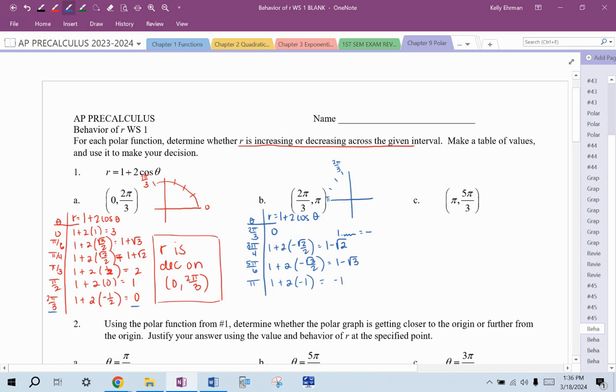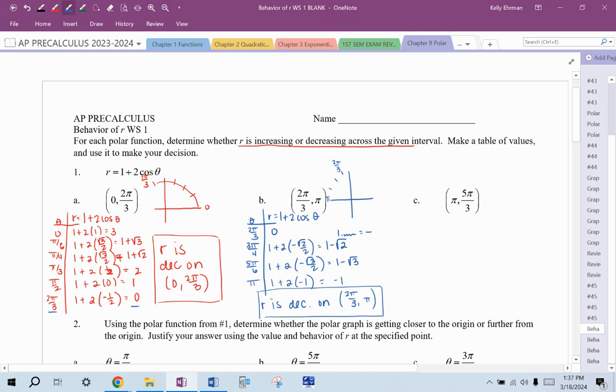negative 1. Now, even though the absolute value of our numbers is going up, so 0, negative 0 point something, negative 0 point something, negative 1. Remember, with negative numbers, this is still r is decreasing. And the more negative you get, you're still decreasing. So negative 1 is smaller than 0. So r is decreasing on 2 pi over 3 to pi. Even though we're plugging in those endpoints, we're keeping parentheses with these